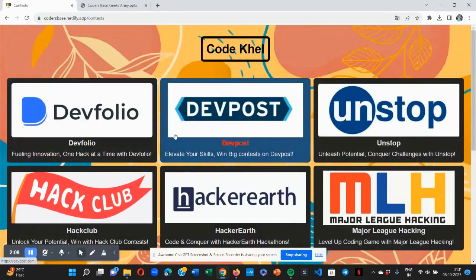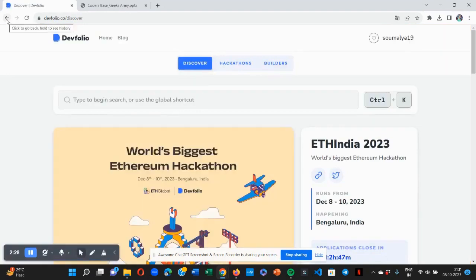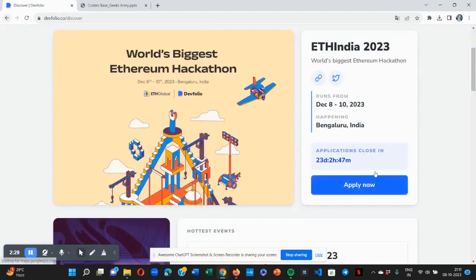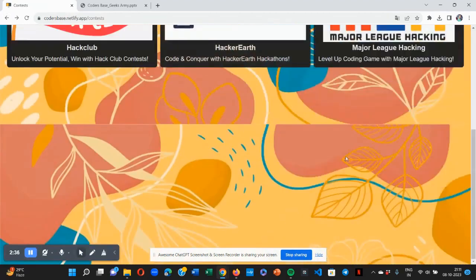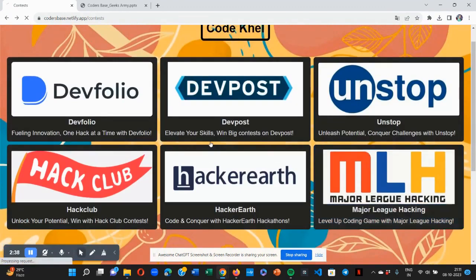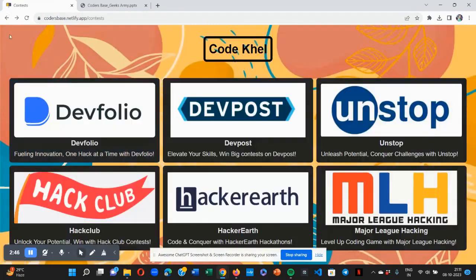So students just don't need to seek here and there for hackathon related updates. They can just bookmark our website in their browser and use this shortcut to avoid haphazard finding of scheduled upcoming events. Like I am clicking on the Devfolio link, so it is directly redirecting me to the original Devfolio website. Similarly, on coming back, you can see that on clicking on Major League Hacking, it is also redirecting me to the official link. So just like that it works.